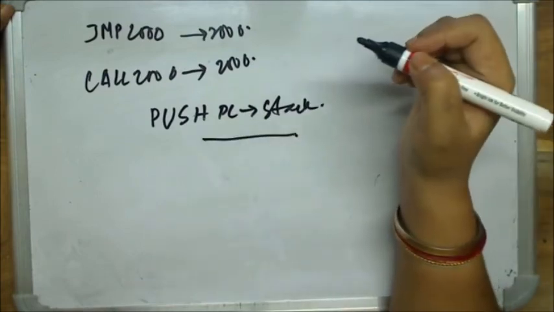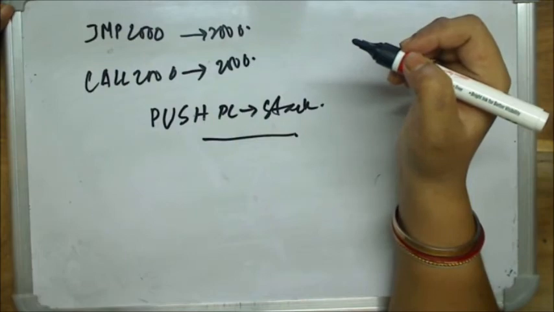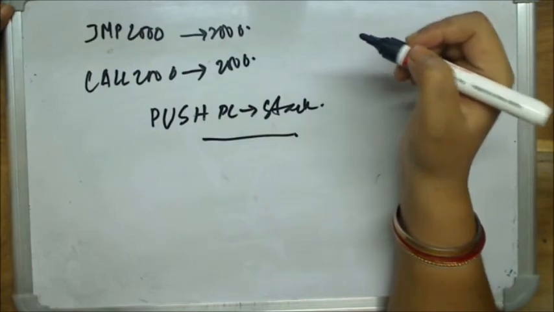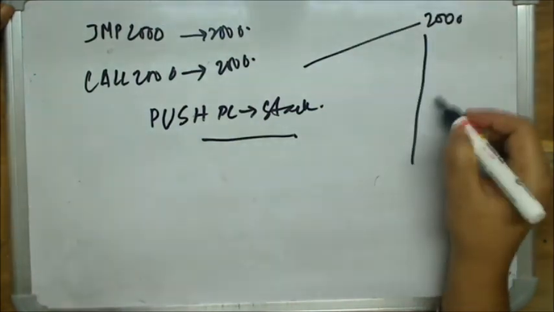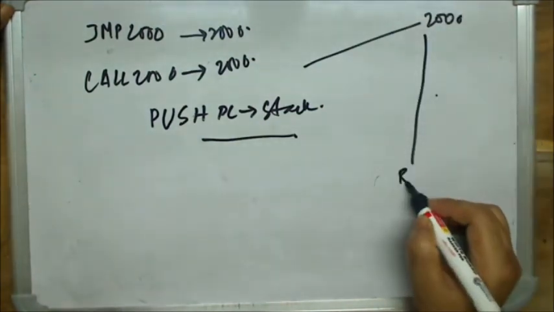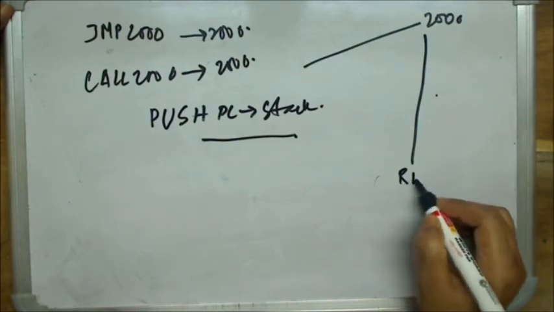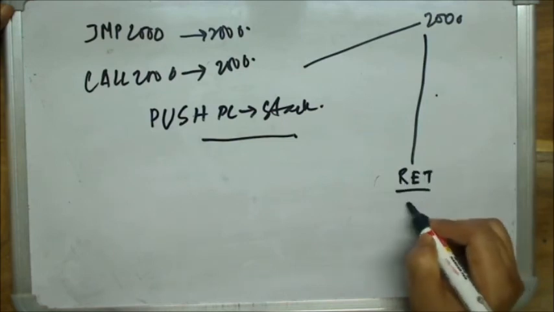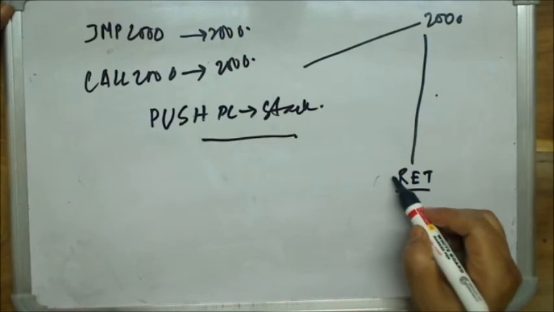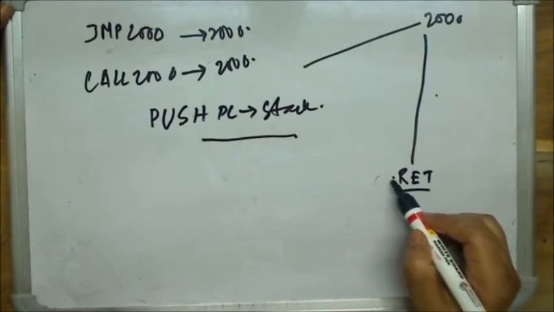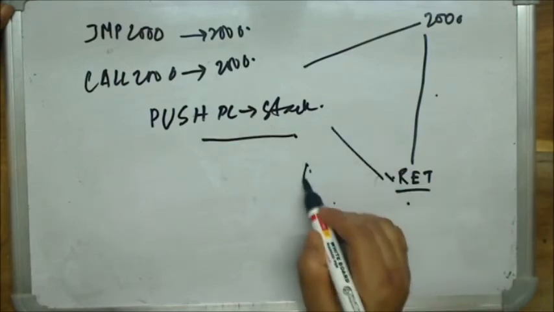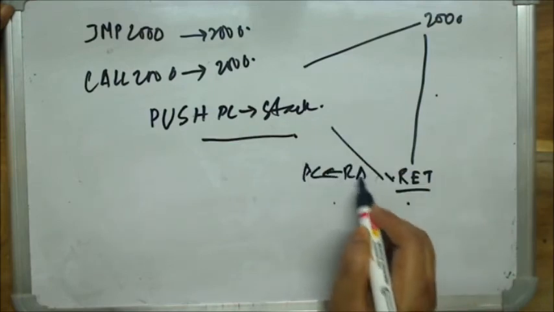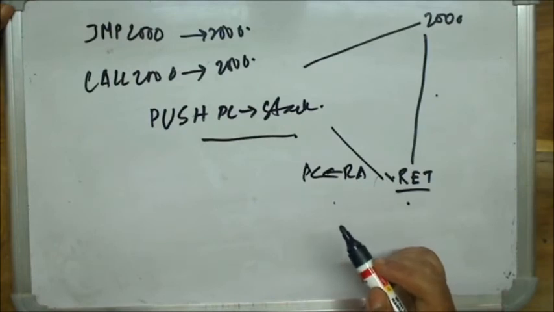Before executing, okay? So the processor will execute the whole subroutine. When it comes back, it goes to memory location, suppose 2000. Then it executes the subroutine. And then it comes to return. When it comes to return, it knows it has to go back. Where to go? It has to get the return address, right? That is, PC should be loaded with the return address. Fine? So it will do the reverse operation.